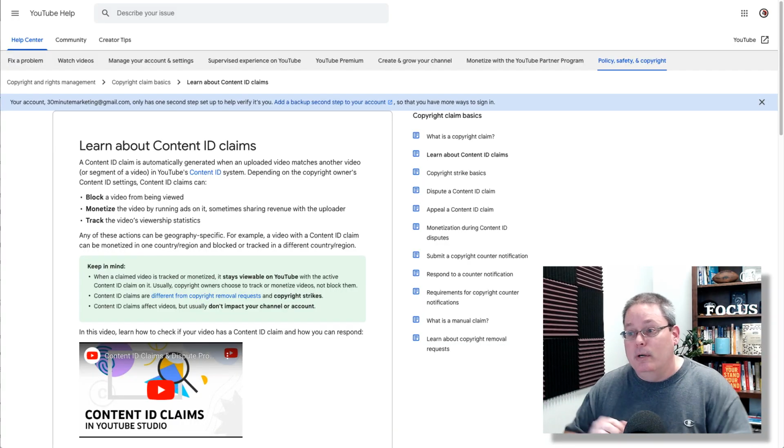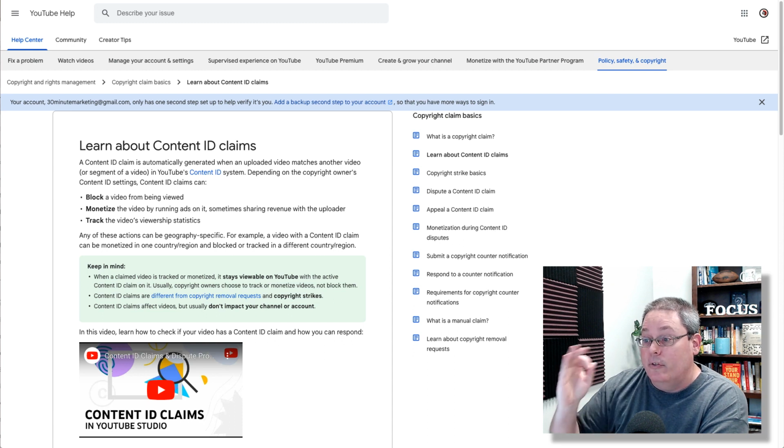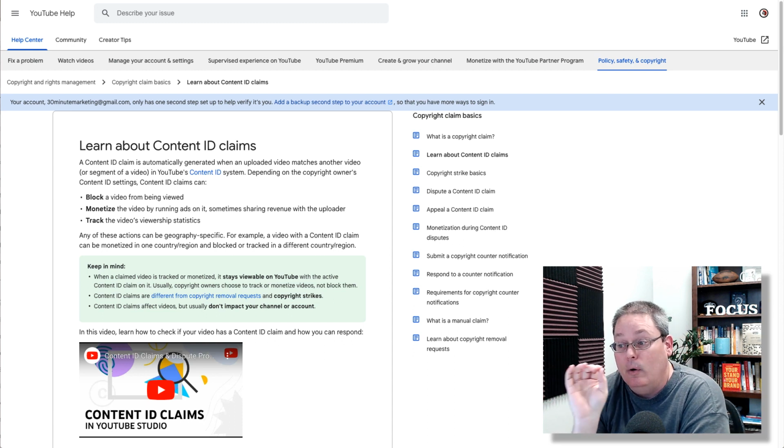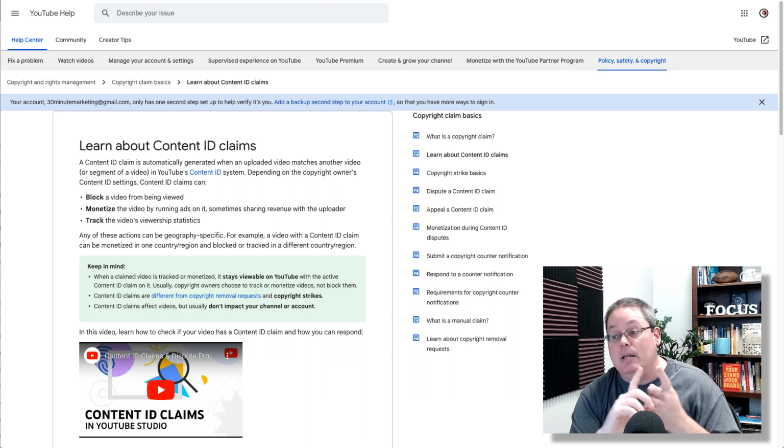Now here on YouTube, what does that look like? And I'm going to leave a link in the description to this as well. Learn about Content ID claims. A Content ID claim is automatically generated when an uploaded video matches another video or segment of a video in YouTube's Content ID system. Depending on the copyright owner's Content ID settings, content claims can block a video from being viewed,